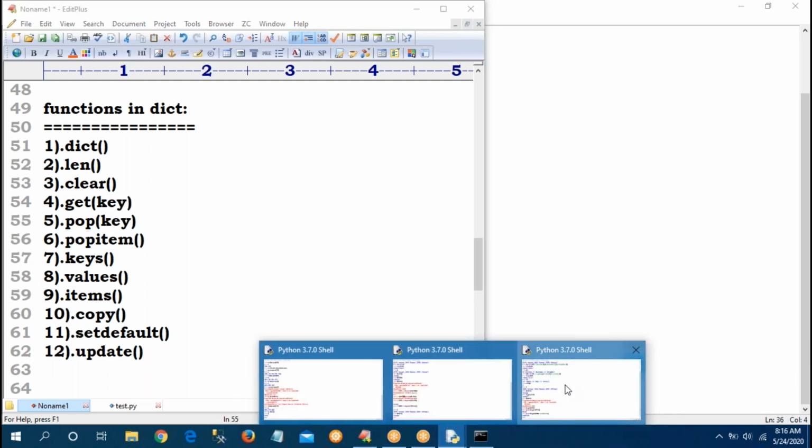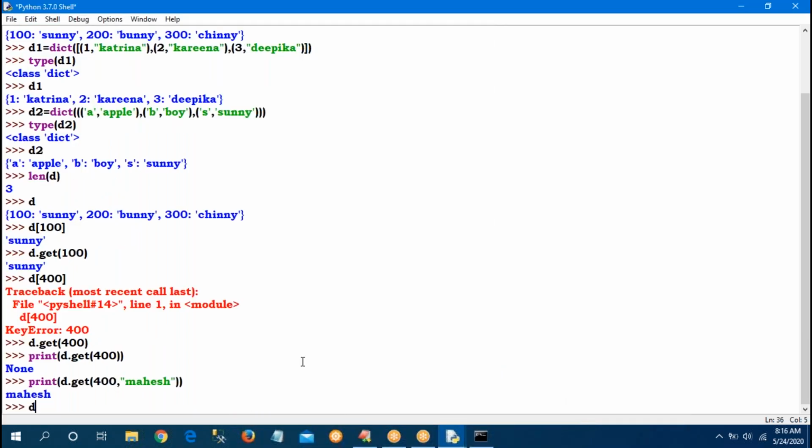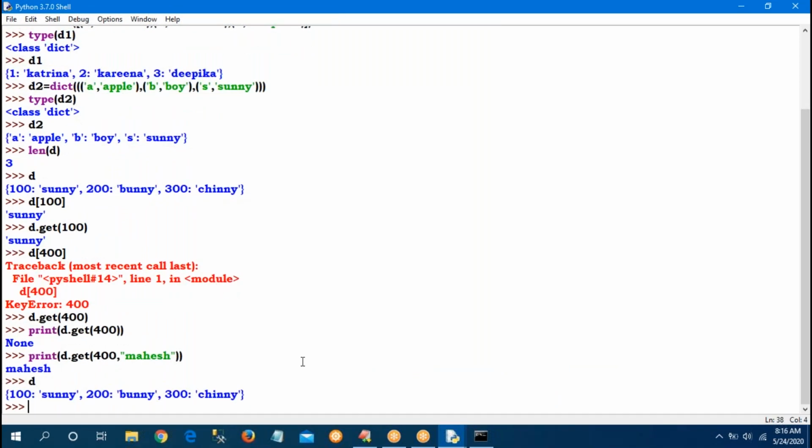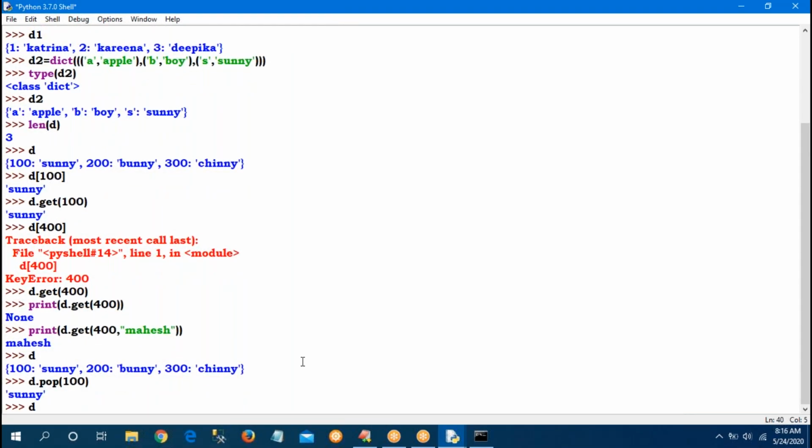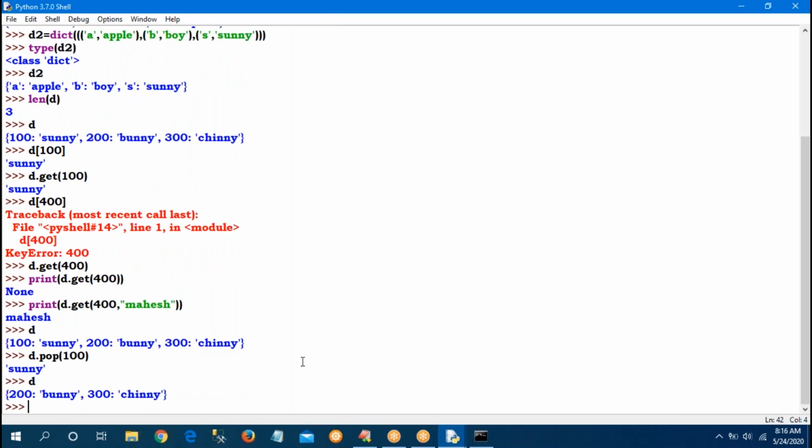Suppose in the D, values are there, 100 Sunny, 200. D dot pop of 100, Sunny will be gone. If the specified key is not available, then you will get key error.